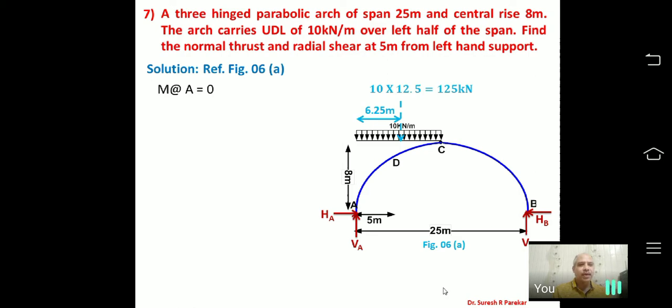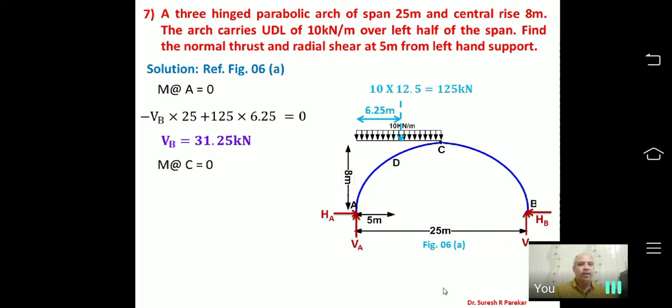Now we will take moment about A equal to 0. So we have minus VB into 25 anti-clockwise plus 125 into 6.25 and that is equal to 0. So solving this we are going to get VB 31.25 kilonewtons. Once we know VB 31.25 kilonewton, we will find